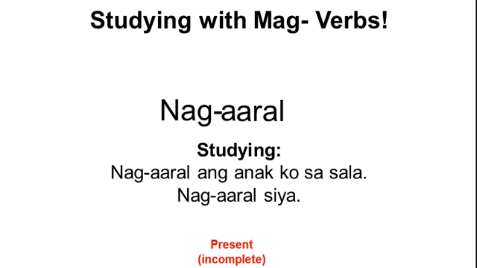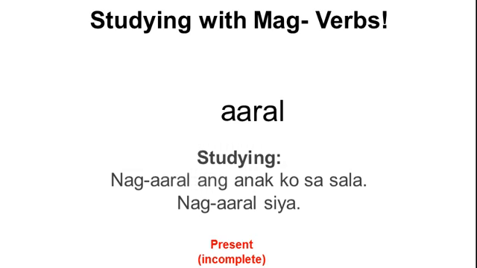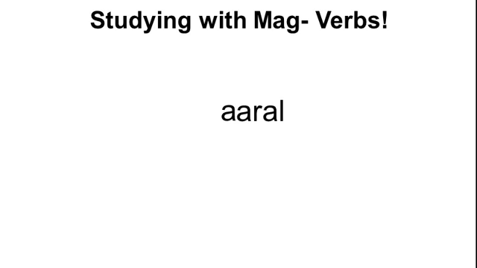Nag-aaral siya. Siya is he or she. Okay? It's gender neutral. It means he or she. Nag-aaral siya. She is studying. Or he is studying. Present tense. Okay, I'll get rid of that. And we're going to leave the aaral like that. We're going to have that doubled up first syllable. And we'll look at the future tense or